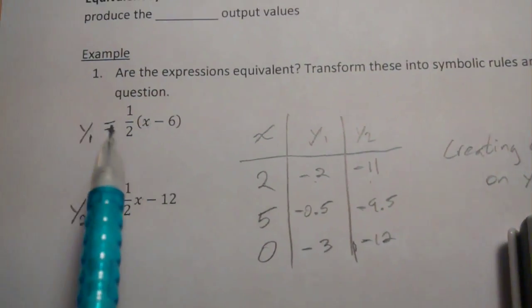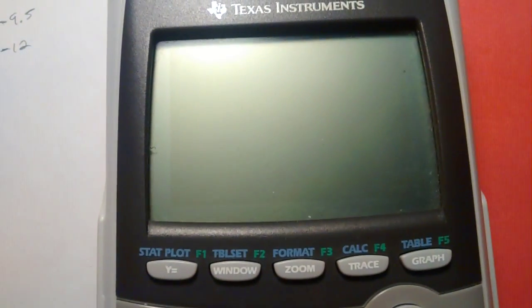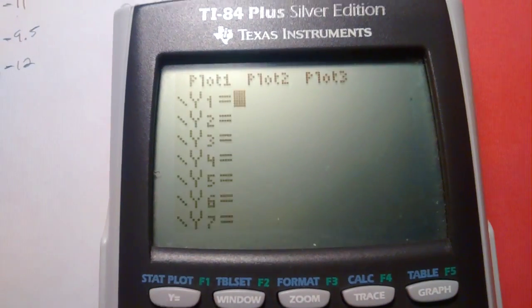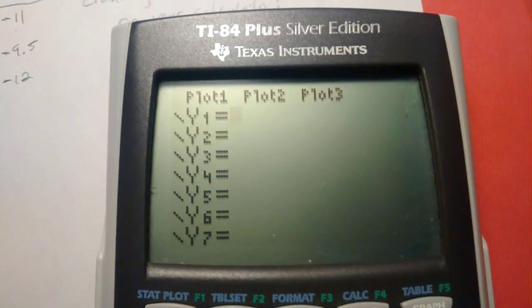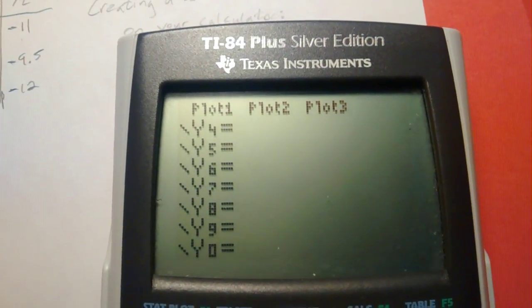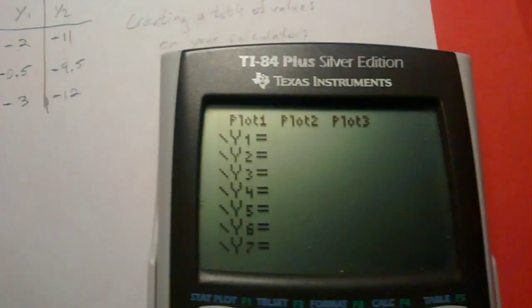So we want to first input these two symbolic rules. And the way we do that is to hit y equals. The y equals button allows us to input formulas. And there's space actually for 10 of them, from 1 to 10 there. So we're just going to use y1 and y2. So let's input 1/2